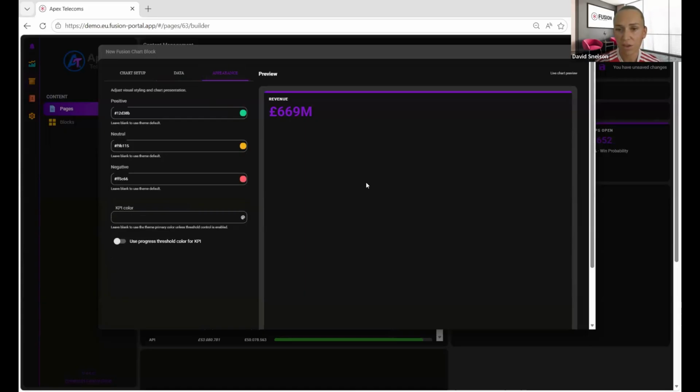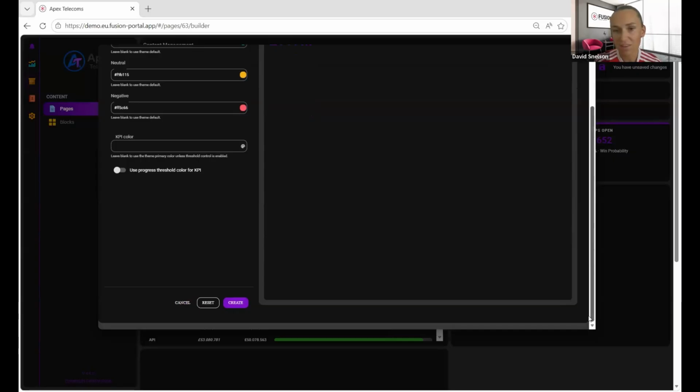So this is where I'm able to RAG status my KPIs, again, for that visual, quick time to value. If I have a progress chart and I fall below the threshold, my KPI will automatically turn red, for example. So when I log in, I know there's an issue. I can hard code it to whatever color I please. Or again, for purpose of this demo, we can just have the KPI that is